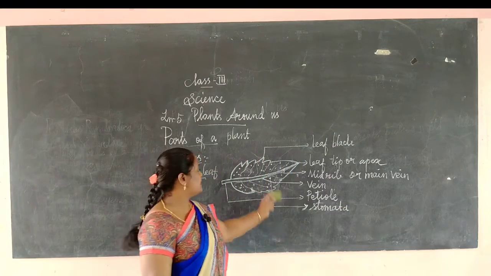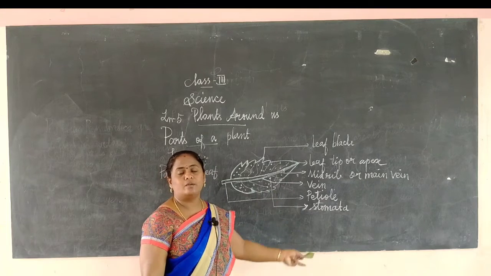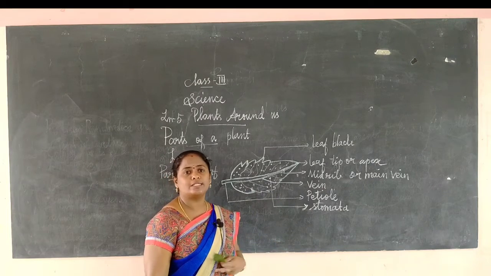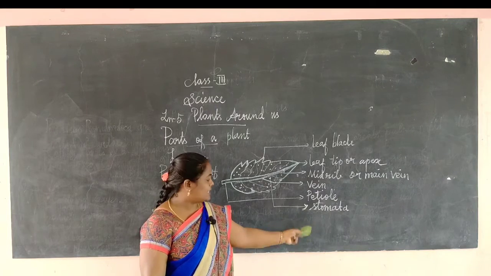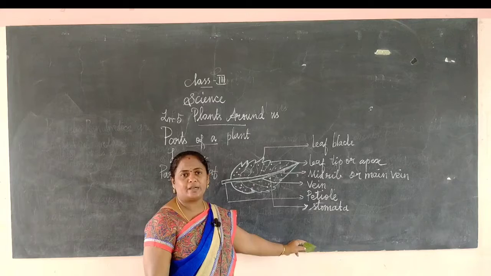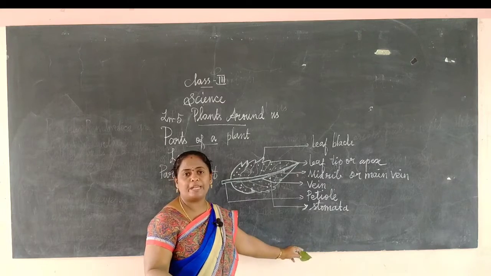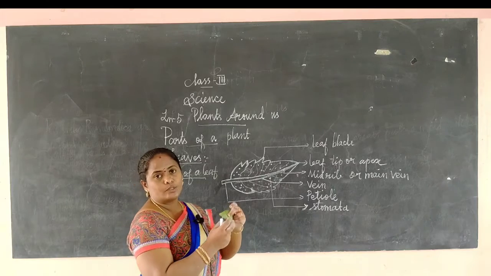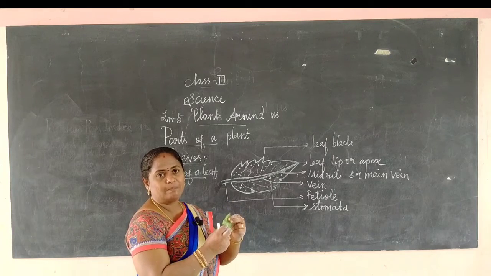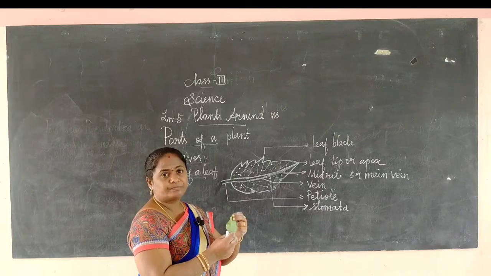Okay, the stomata helps the plants breathe. The stomata is a breathing organ. Already you know that the breathing organ of the plant is called the stomata. Tiny pores or small openings on the surface of the leaf. They help the plant breathe.